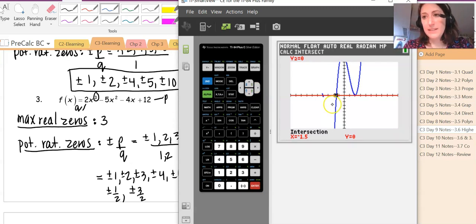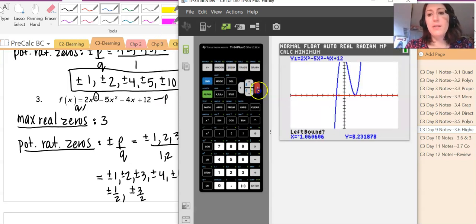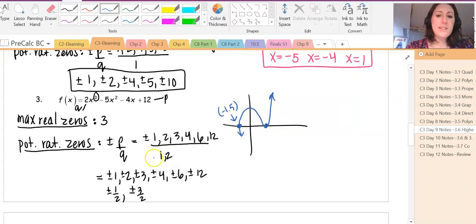Okay, see how it went back to the other one? So what you would have to do is use minimum, or you can literally count. Because we know what the options are from the potential rational zeros, and so you can see that that's a 2. That's a 2! Oh my gosh. All right, so there you go. So again, all of your intercepts are accounted for, so we can go straight to the factoring without doing synthetic